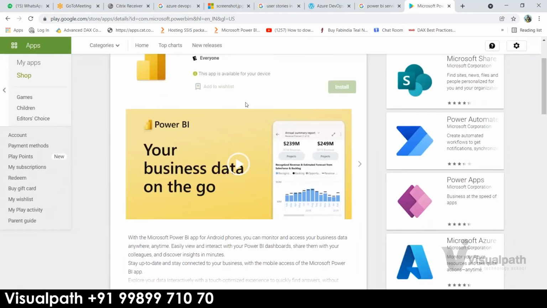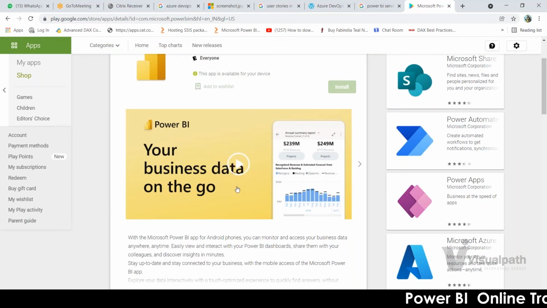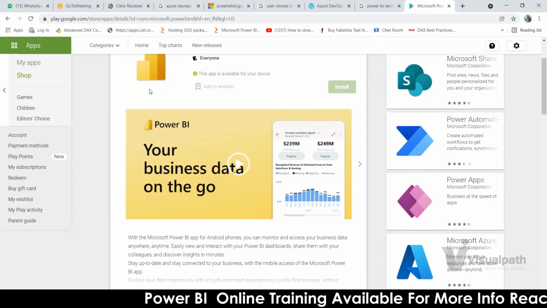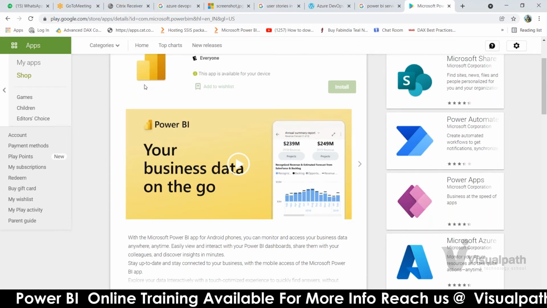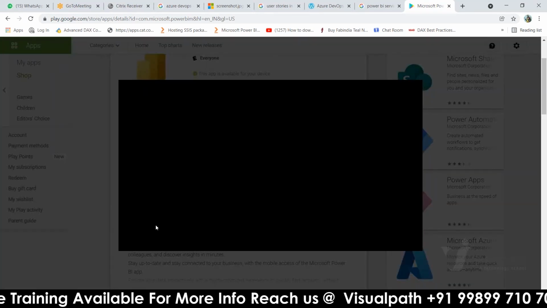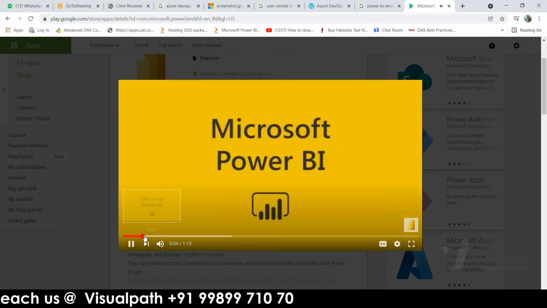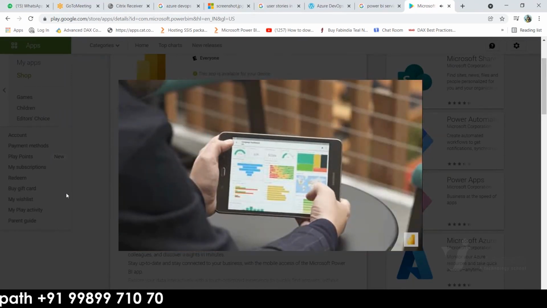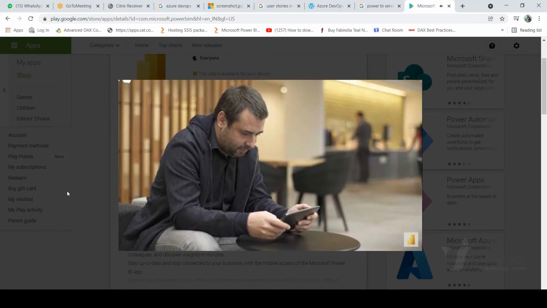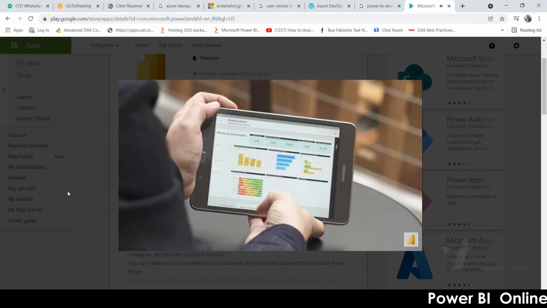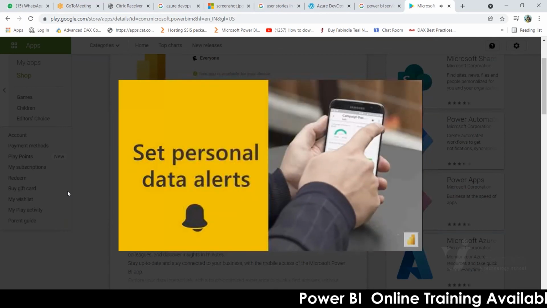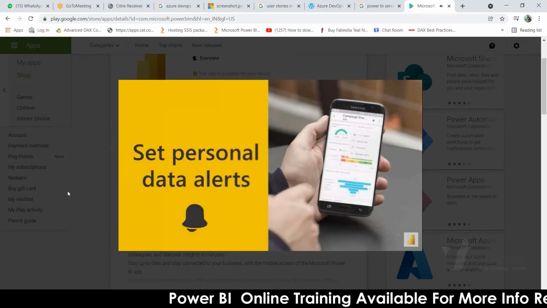In this mobile Power BI app, you can view your reports, whatever dashboards were there according to your login. You have to log into your app account, and according to your login, whatever access you have, those dashboards will be visible here. I can show you a sample video of it. Even in a tablet, you can view your dashboards and navigate from there, as shown in the video.